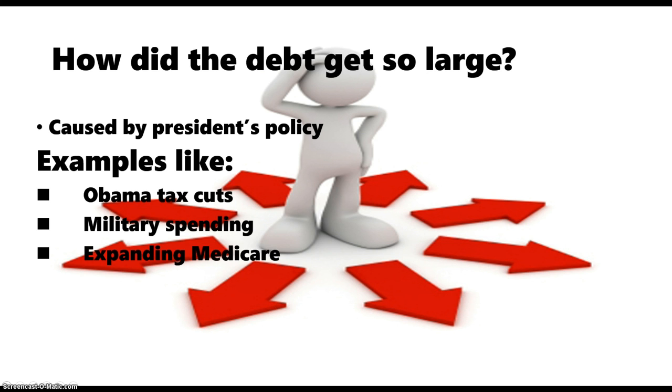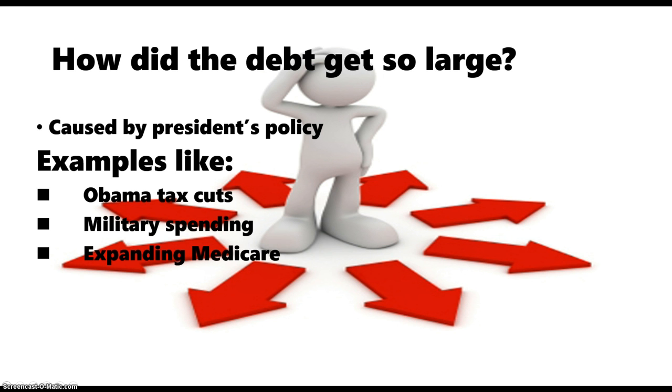President Obama added the economic stimulus package, the Obama tax cuts, and roughly 800 billion a year in military spending. The national debt grew rapidly even before the 2008 financial crisis. Between 2000 and 2007, it ballooned from 6 to 9 trillion, a 50 percent increase. The 700 billion bailout expanded it to 10.5 trillion by December